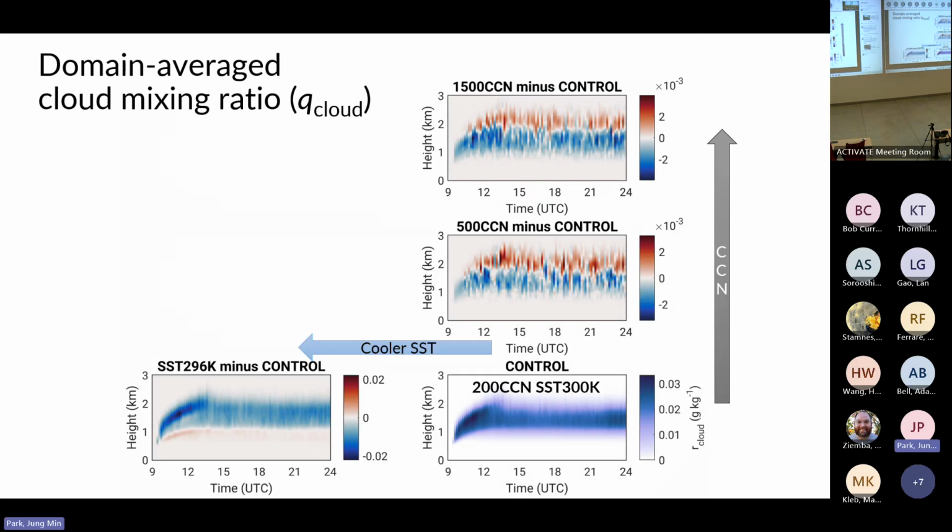And so as the analysis is still in its infancy, today I'll only go over changes in domain average cloud and drizzle mixing ratio. So here in this slide, this figure